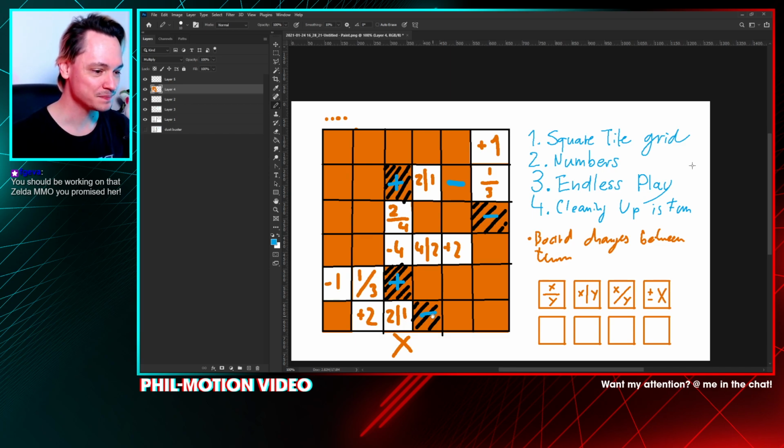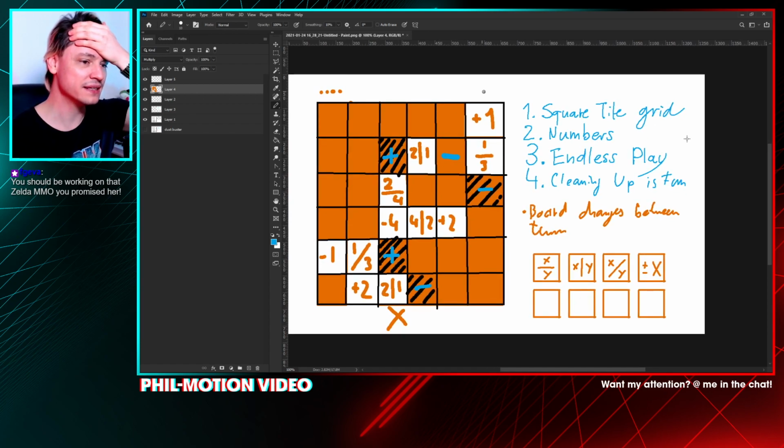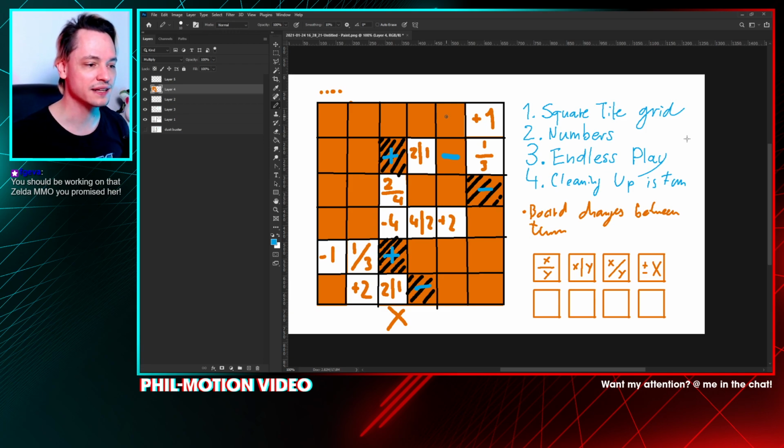Okay, so yeah, I mean, this looks already a bit convoluted right now, this level that I have here, but